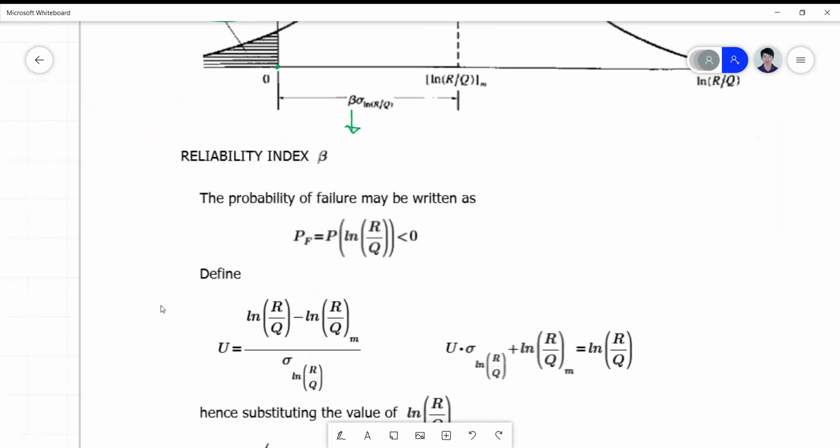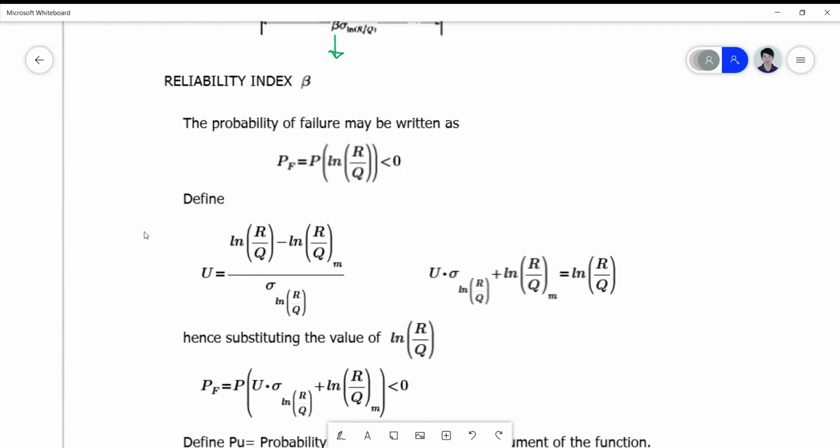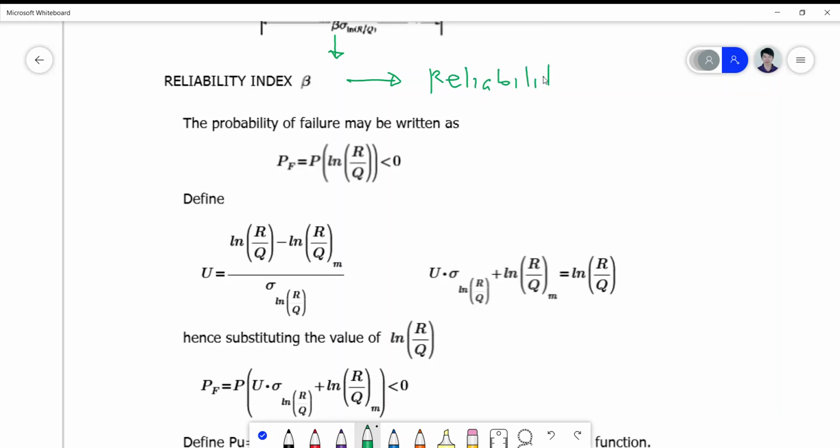Okay, so let's go into the mathematics of the probability procedure. This is not difficult, but it's quite confusing when you look into such notations. I just like to give you this presentation for you to come up with a good understanding of what reliability analysis is all about, so that when you want to make use of reliability analysis on your study and on your projects, you can use the same procedure. This has something to do with statistical analysis, or what you call the reliability analysis. So the probability of failure